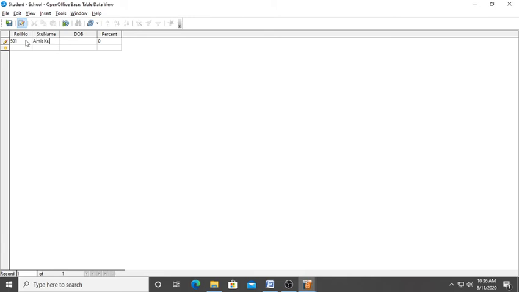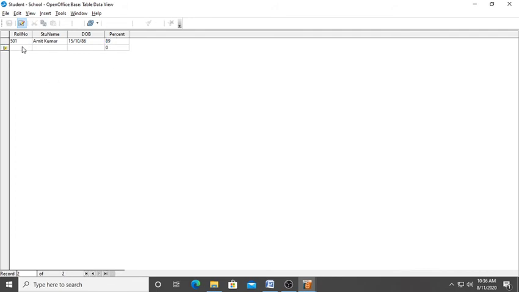Then the date of birth of Amit is suppose, because this date format is DDMMYY, I'm feeding the date in that format only, like 15/10/86. Like that you can feed any date. Then the percentage of Amit is suppose 89, so you can write here 89.